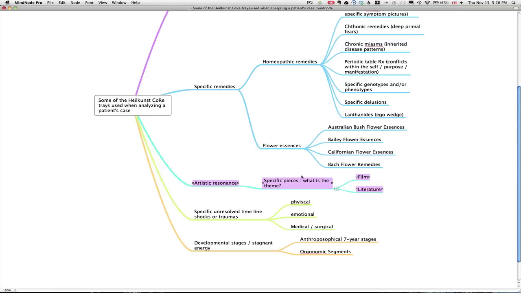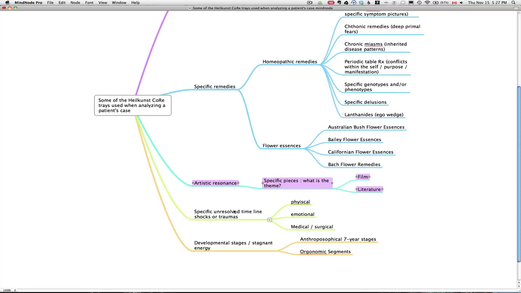So whether we have certain films or certain novels, pieces of literature, those have all been programmed in as far as their resonant frequencies, and can be quite illuminating. Actually, I've become more and more interested in using that in my overall assessment of a patient, seeing what some of the bigger themes are that may be running through their life, as far as where they're resonating with that